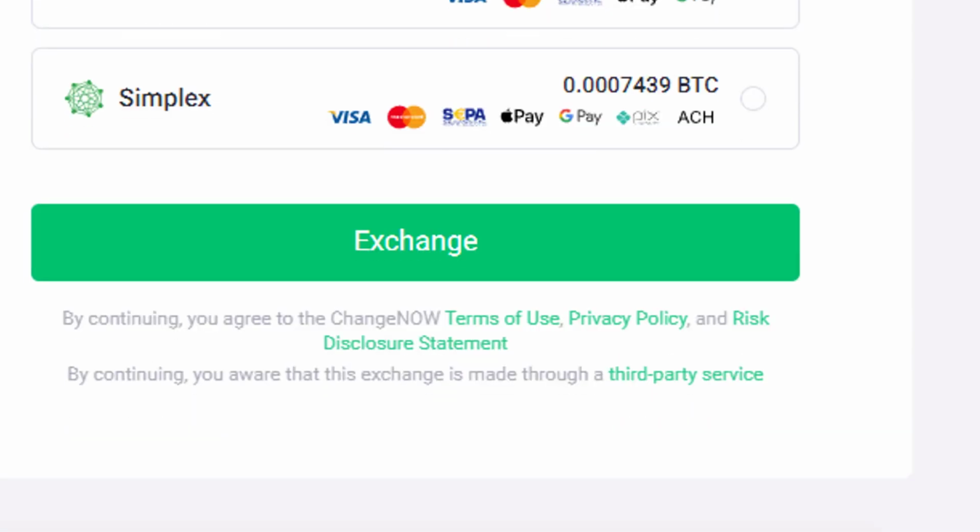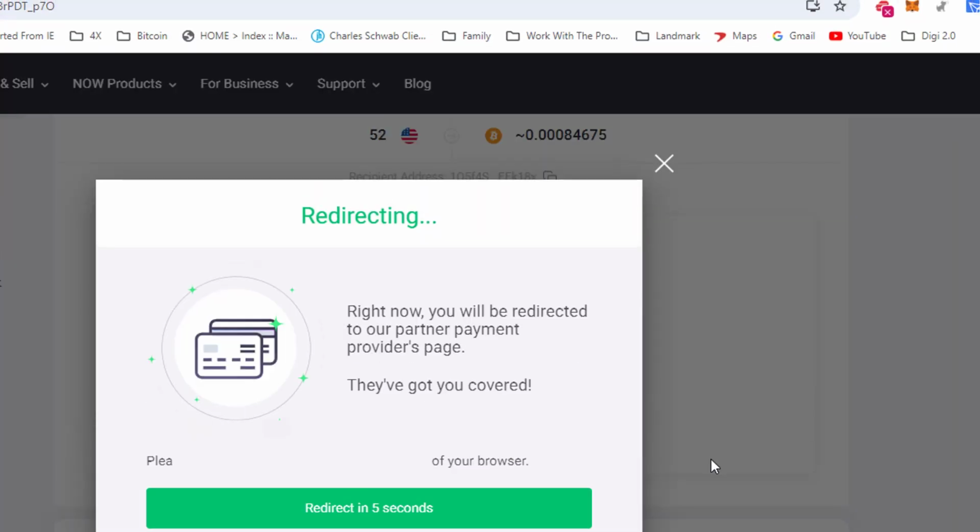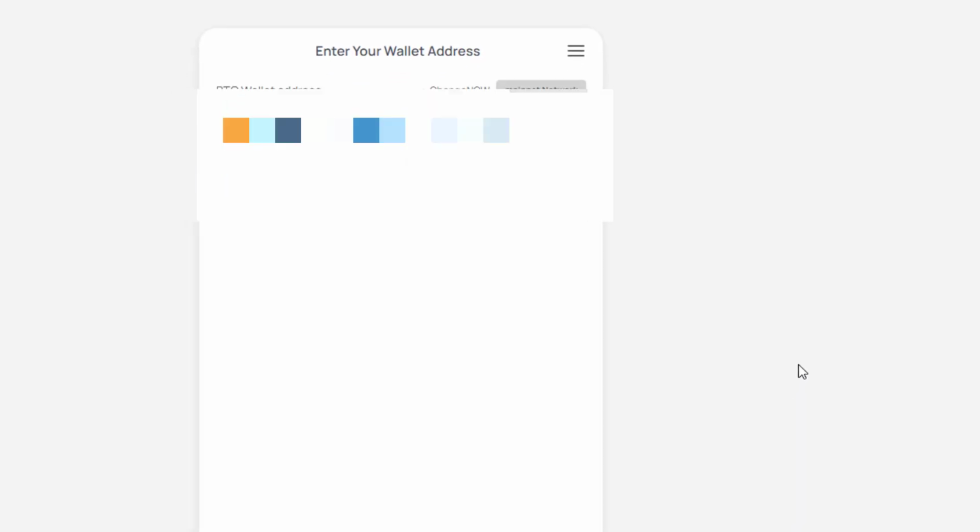Okay, so I'm going to click where it says exchange. It probably is not going to require me to do KYC again. It is going to take me to a third-party site. My Bitcoin address is in there, and I'm checking again just to make sure I've got the right Bitcoin address, to make sure there wasn't some really smart hacker that did something I didn't want them to do. Okay, and I'm going to click Buy BTC.